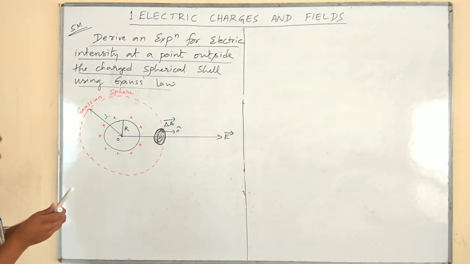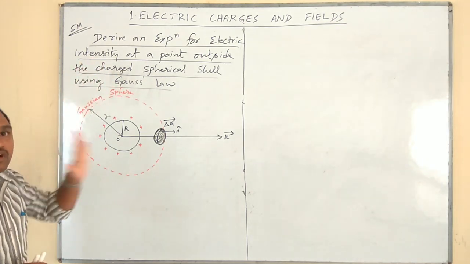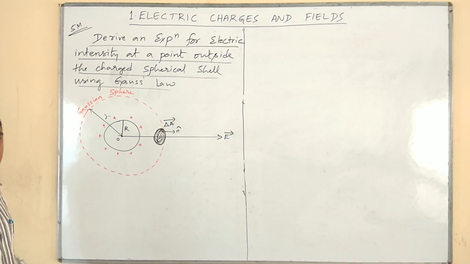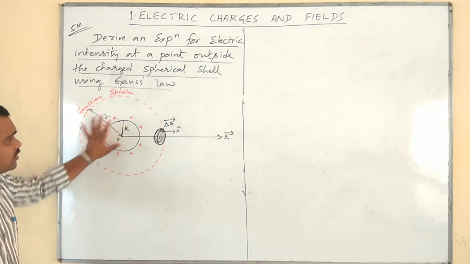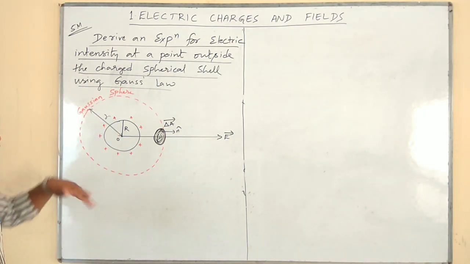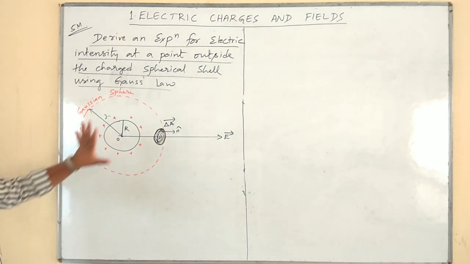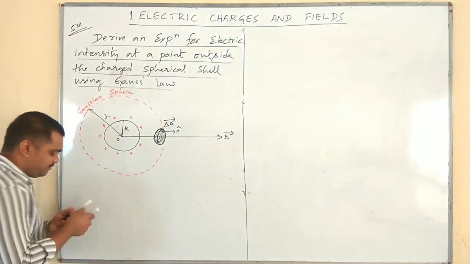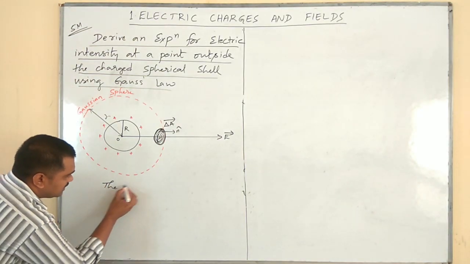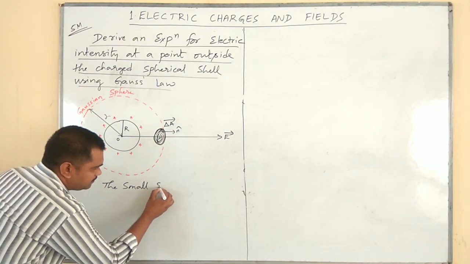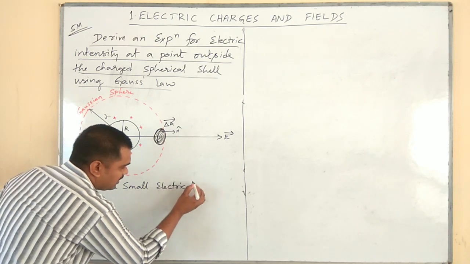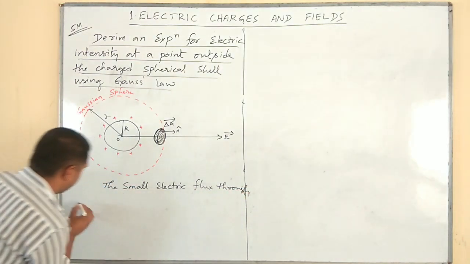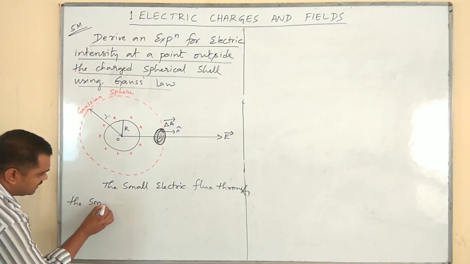Still, we have followed only one rule of Gauss. That is, we have imagined one spherical Gaussian surface symmetrical to the charge distribution. What is the second rule? Calculate the total flux. So let us start from here. The small electric flux through the small area